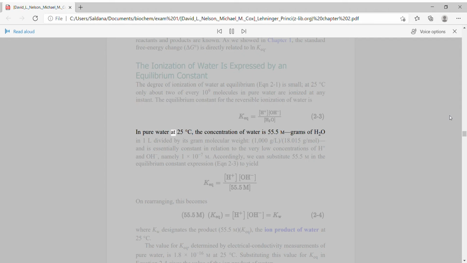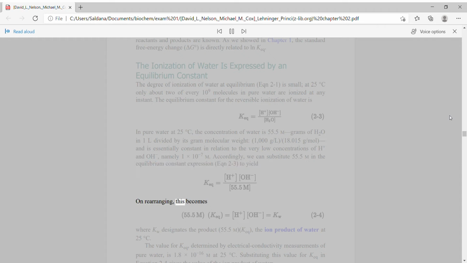In pure water at 25 degrees Celsius, the concentration of water is 55.5 M (1000 g of H2O in 1 L divided by its gram molecular weight, 18.015 g/mol), and is essentially constant in relation to the very low concentrations of H+ and OH-, namely 1 × 10^-7 M. Accordingly, we can substitute 55.5 M in the equilibrium constant expression, Eq. 2-3, to yield: